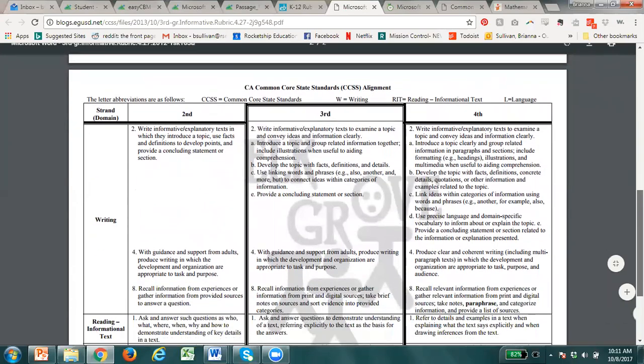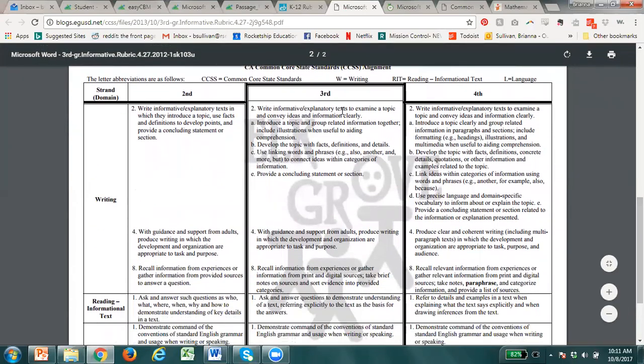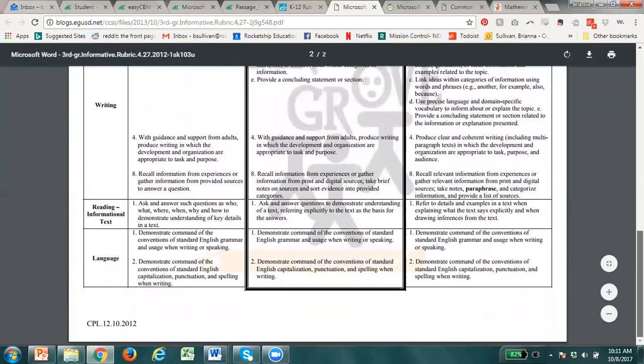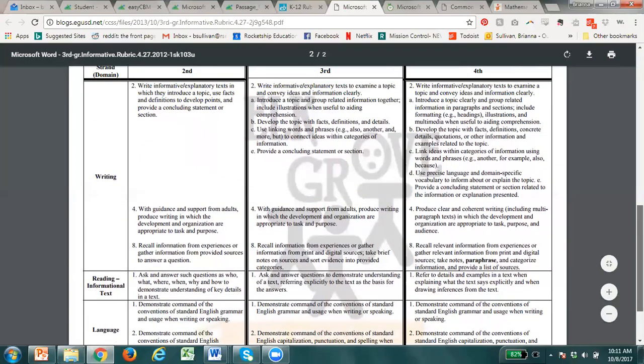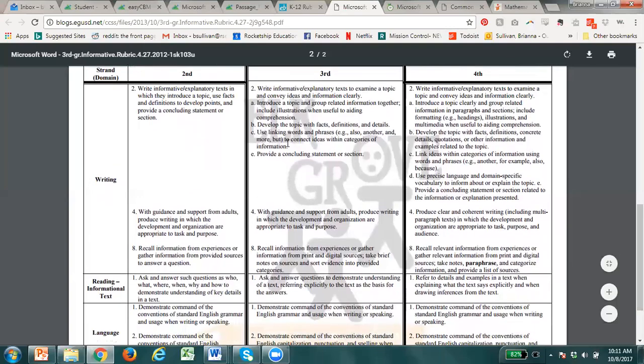So it also shows what the standards are for the grade level below and the grade level above to give you a little bit of a map of what they should be able to do at a foundational level, and then where they are headed to in the next grade level above. So you can kind of see that trajectory of the building of skills one on top of the other to give you a better sense of,